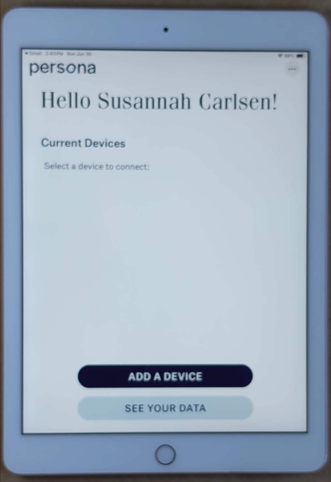And there are a couple other videos that show how to connect a variety of iHealth devices to Persona Beacon